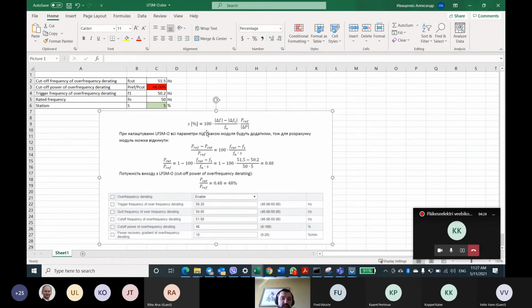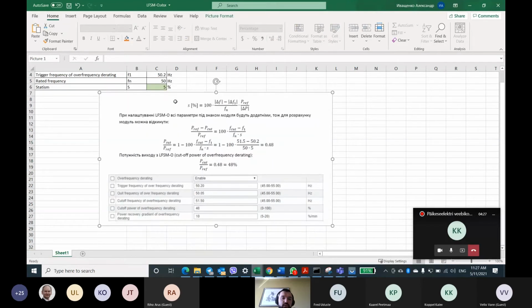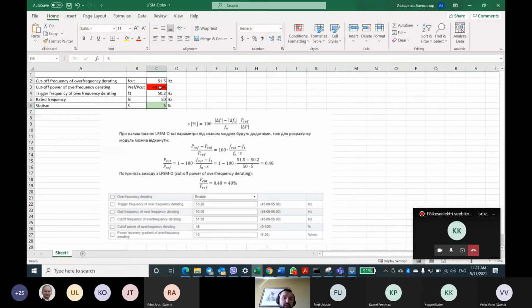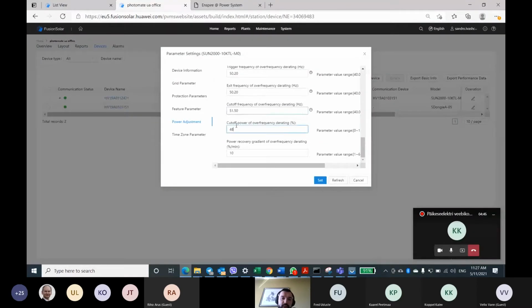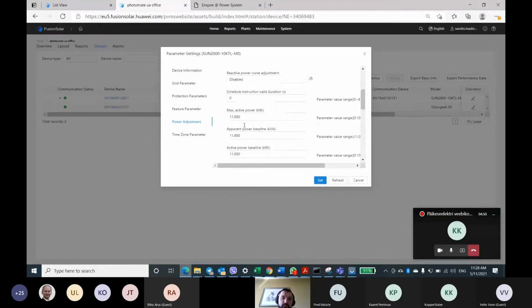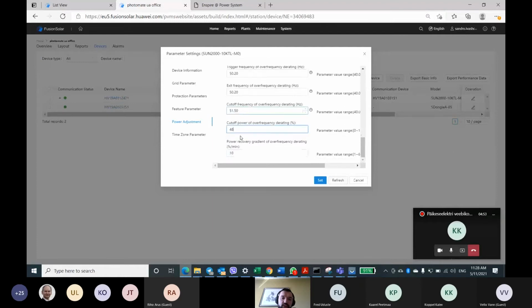So basically, this is a statism formula, and if you change this equation and calculate what value of cutoff power you should put with 5%, for example, if I change to 5%, it will show me 48% here. And this is the standard parameters for this grid code. So basically, don't change these parameters if you choose grid code 5549.